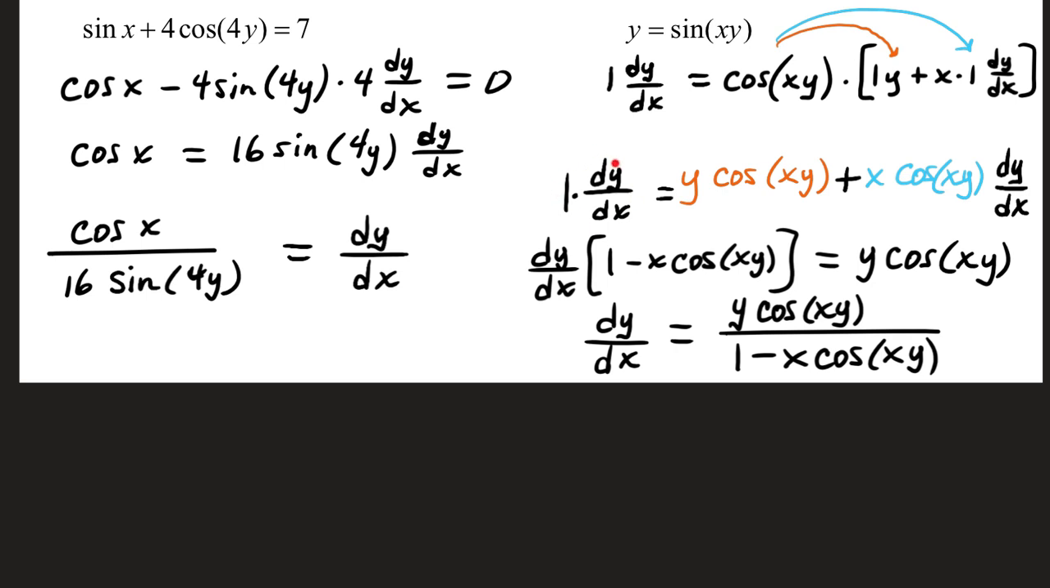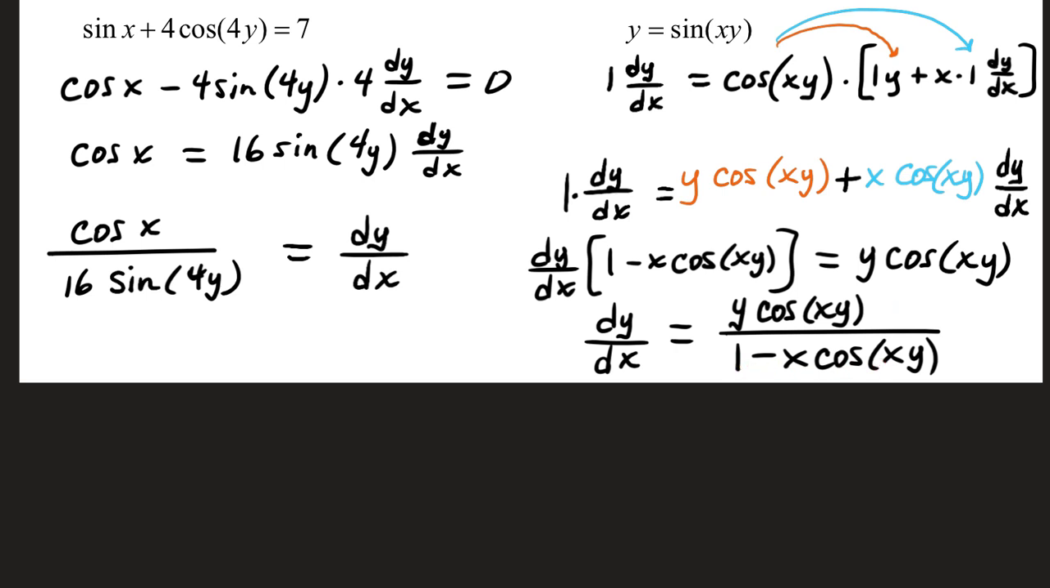The left side has dy dx. This last term on the right does too. When I move this blue term over, it's going to go negative. Factoring out dy dx, I'm left with my 1 and a minus x cosine xy. Solving for dy dx, I divide by my terms in the bracket, and I've got y cosine xy over 1